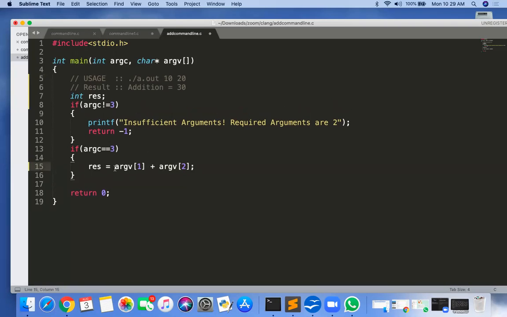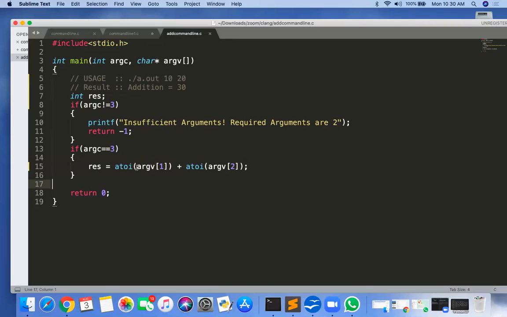So what is the technique? Very simple: convert the string to integer. There is a function named atoi. The atoi function will convert the string to integer. Whatever the integer value of this string is gets converted, it is the equivalent value.